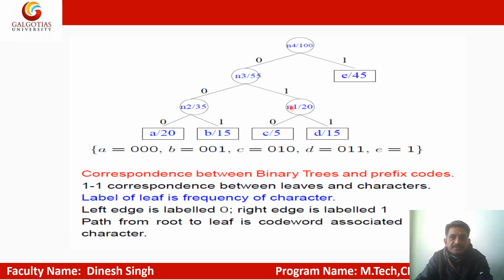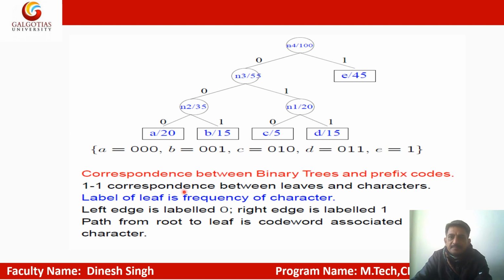There is an example you can see in the Huffman coding. This is the Huffman tree that has just been made with the given data. You can see 20 and 15 give 35, 5 and 15 give 20, 35 and 20 give 55, and 55 and 45 give 100. All the right branches are given 1, and the left branches are given 0. This is the traditional way for the encoding.